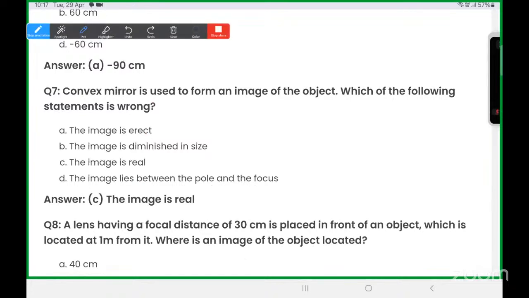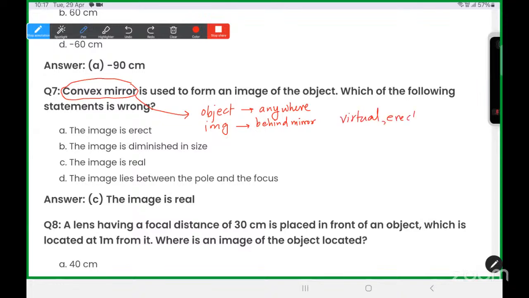कॉन्वेक्स मिरर इज यूज्ड टू फॉर्म एन इमेज ऑफ द ऑब्जेक्ट। कौन सा मिरर है यहाँ पर, कॉन्वेक्स मिरर है बेटा। यूज्ड टू फॉर्म एन इमेज ऑफ द ऑब्जेक्ट, विच वन ऑफ द फॉलोइंग स्टेटमेंट इज रॉन्ग। तो ये बात सही है कि कॉन्वेक्स मिरर कैसी इमेज बनाता है। बेटा एक बात ध्यान रहो, ऑब्जेक्ट कॉन्वेक्स मिरर के केस में ऑब्जेक्ट को आप कहीं भी रखो, इट्स इमेज विल ऑलवेज बी फॉर्म्ड बिहाइंड द मिरर। आप इसका टेबल देख लेना, बिहाइंड द मिरर। और इमेज बेटा हमेशा वर्चुअल, इरेक्ट और डिमिनिश बनती है। हमने 9th स्टैंडर्ड में इसका टेबल पढ़ा था, या फिर 10th स्टैंडर्ड में, अगर सीबीएसई हो तो 9th स्टैंडर्ड में पढ़े होंगे, स्टेट बोर्ड हो तो 10th स्टैंडर्ड में पढ़े होंगे आपने। तो ये ध्यान रहे कि टेबल हमें याद रखना है, कॉन्वेक्स मिरर का भी, कॉनकेव मिरर का भी और प्लेन मिरर का भी। तो प्लीज ये बात को समझो कि ये क्वेश्चन सिर्फ टेबल से लर्न हो